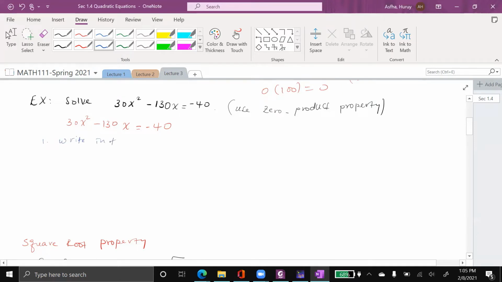Write in the form of x squared plus bx plus c equals 0. Let's start with this one. Okay, so to write it in this form,